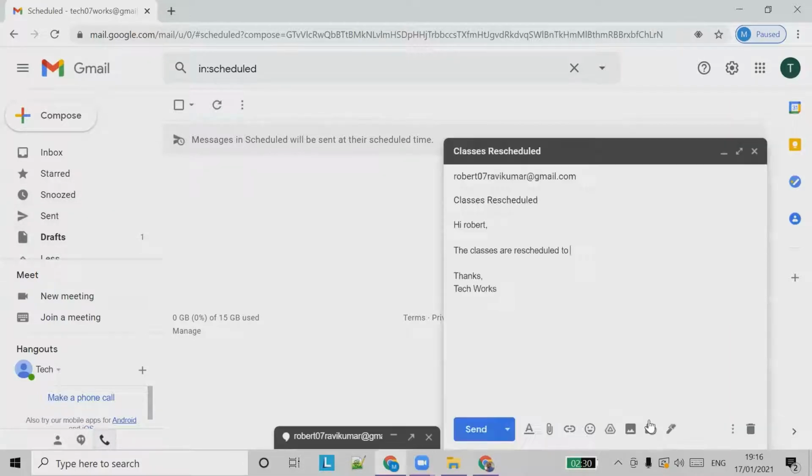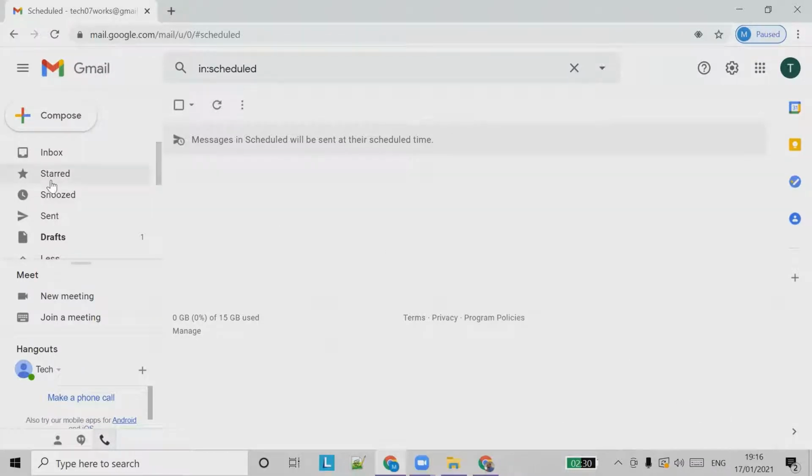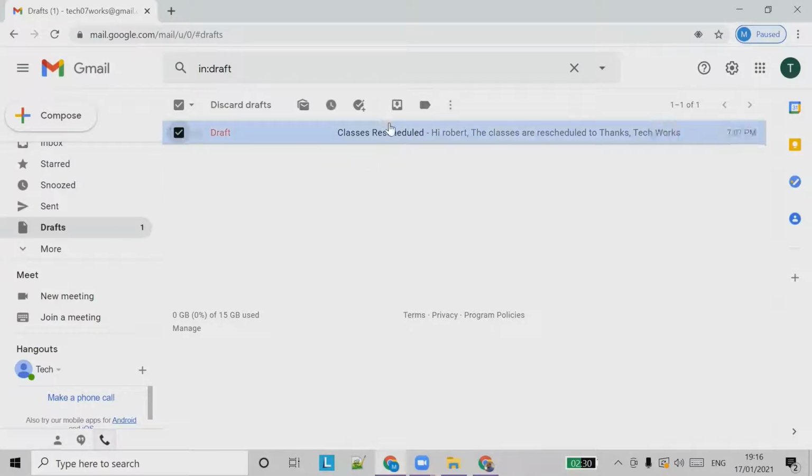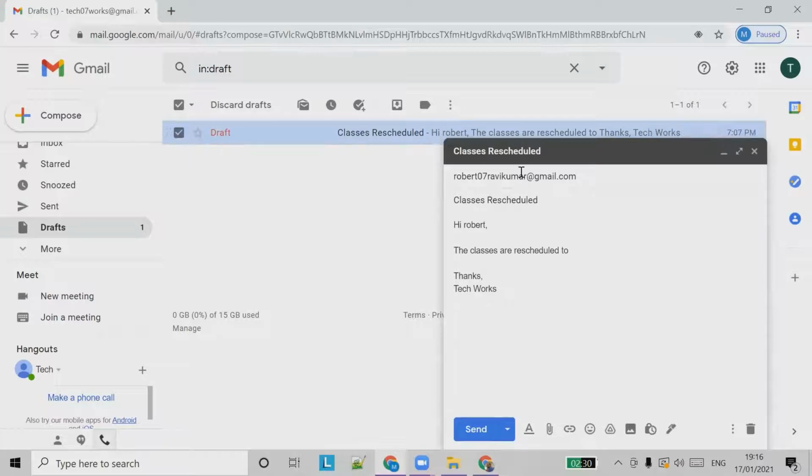So if you want to open a draft again, you can go to drafts and see the number of drafts available here. That means the email is not yet sent. You can choose this one and open it, and type in from where you left off.